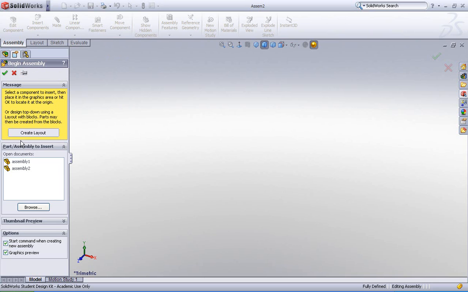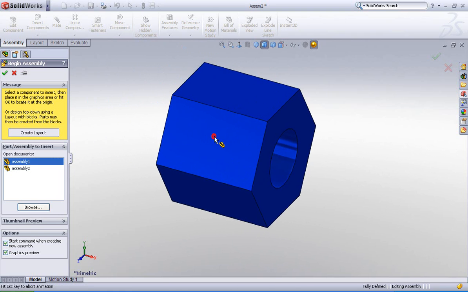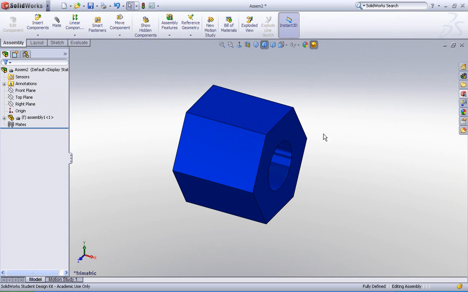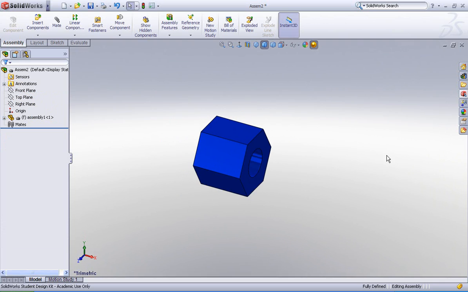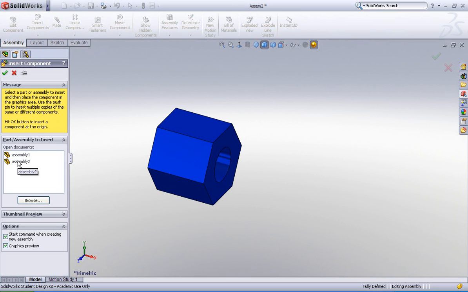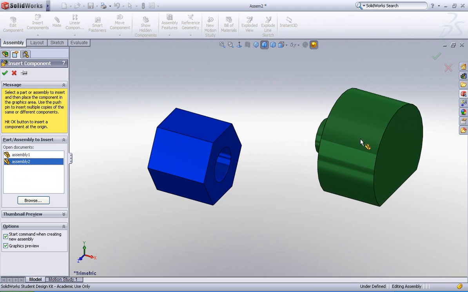So basically what this is asking you to do is choose one of your parts to bring out and insert into your document. So I'm just going to click on assembly 1 and click it out on the screen, and it should center itself automatically. Next, I can just go to insert components in my assembly tab if I want to bring in another assembly part. Again, just click in the open documents